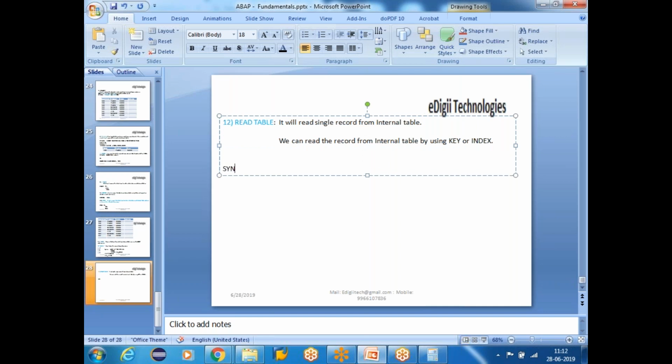Okay, so let's say the syntax is, but how many records will it read? Always only one record, guys. It doesn't read multiple records. It's READ TABLE my internal table INTO a work area, with index 5. Let's take an example of 5. It is going to read the fifth record from the internal table,